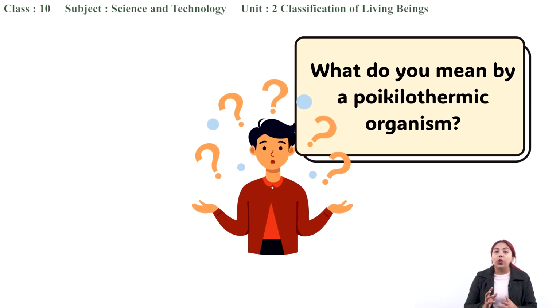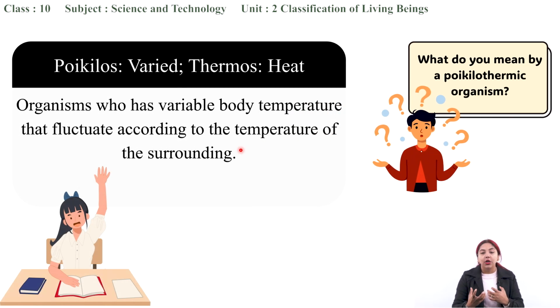Yes, it is the cold-blooded animals, that is the organisms which can change their body temperature according to the change in the temperature of the surroundings. Now, the term poikilothermic comes from two words, poikilos, which means varied, and thermos, which means heat. So varied heat. The name itself indicates that it is the organism which has a variable body temperature that fluctuates according to the temperature of the surroundings. So these organisms are known as poikilothermic organisms, and we studied that the pisces were poikilothermic organisms, and the amphibians